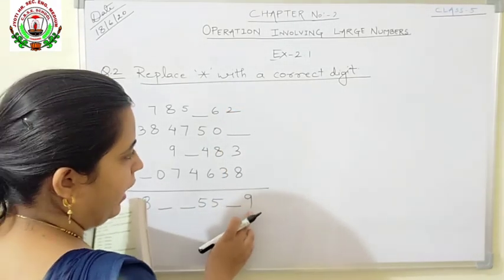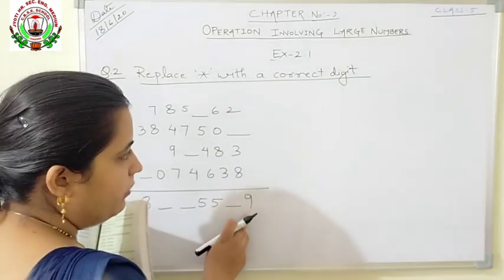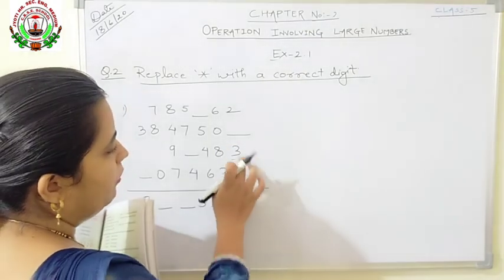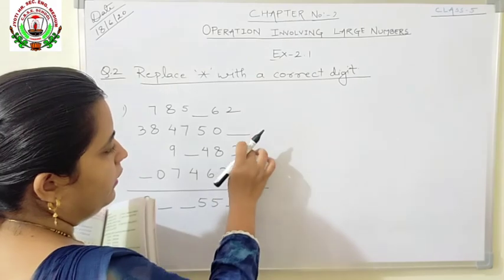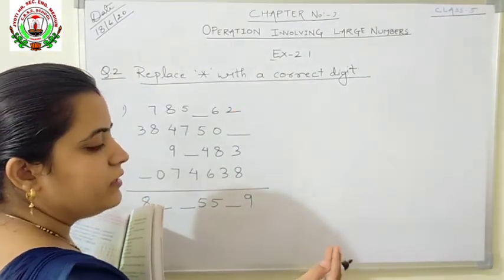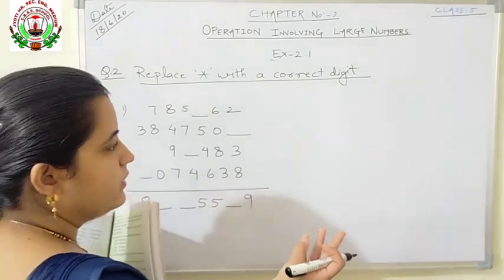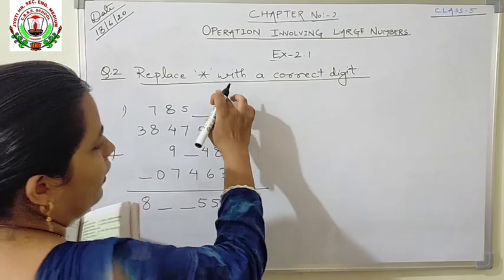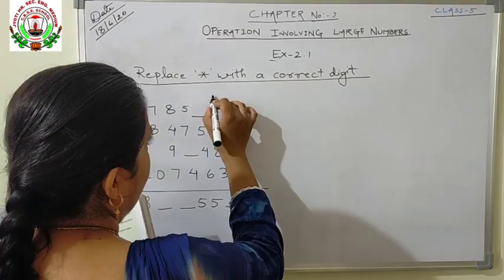Here it is written 9, means 19 will be there. Then only here it is 9. So what is the number we are having? 8 plus 3 is 11. 11 plus 2 is 13. 13, 14, 15, 16, 17, 18, 19. 6 is less, so we will write here 6. 19. Carry forward should be 1 here.